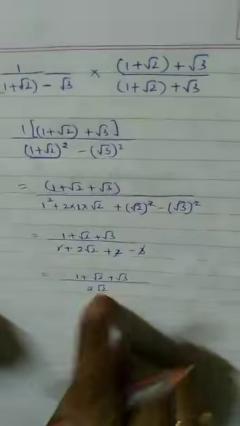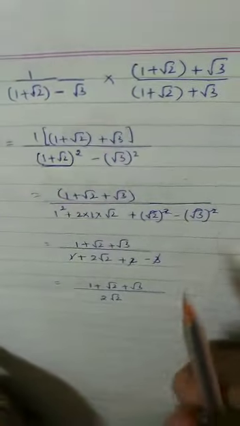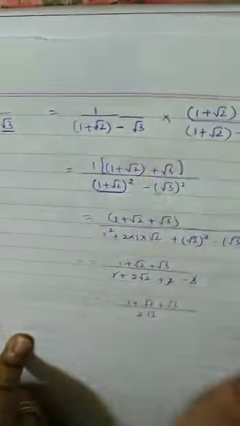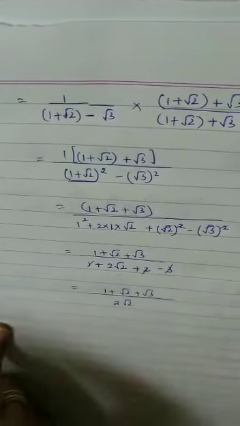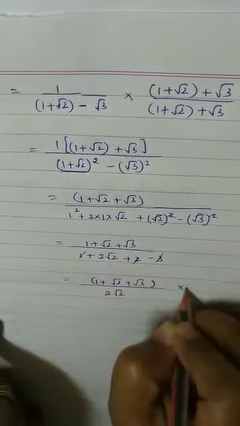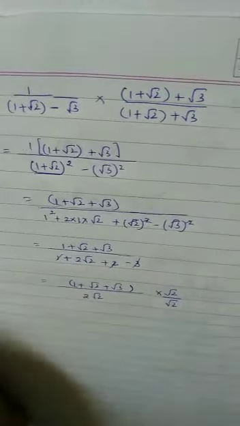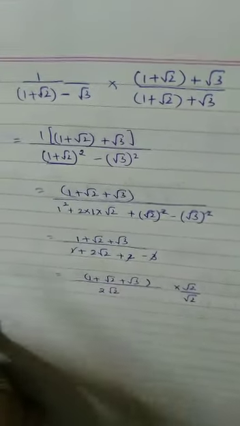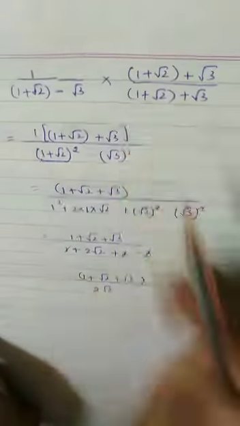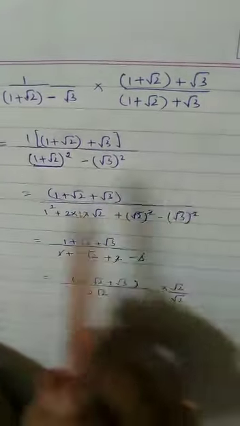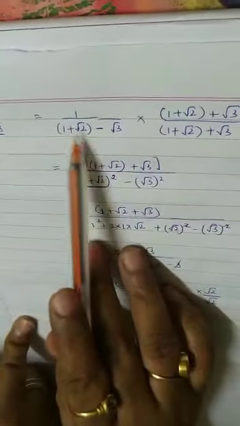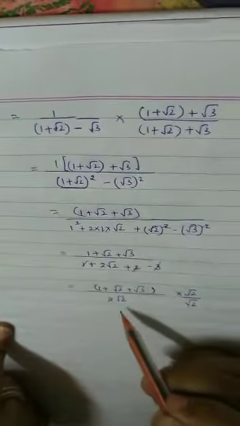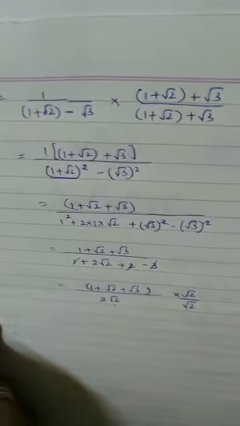Now this is the second time we are going to rationalize. And now what was the advantage of putting a bracket, taking into consideration 1 plus 2 is 3? That second time I will get a simple number in the denominator, which I can directly multiply as root 2 upon root 2 to rationalize. Double time we are rationalizing, once here and the second is over here. The only advantage of taking like this, thinking and putting the bracket as 1 plus 2 equal to 3, is that the second time we are going to get a simple number in the denominator.